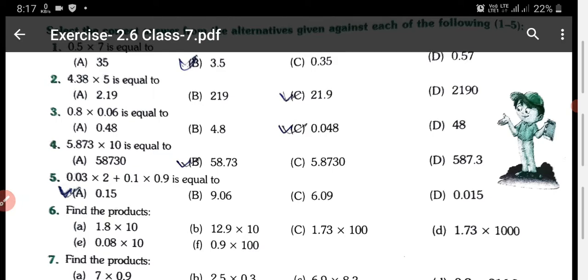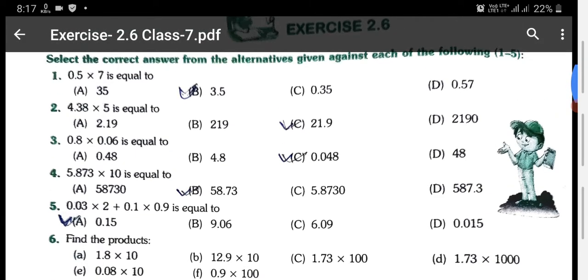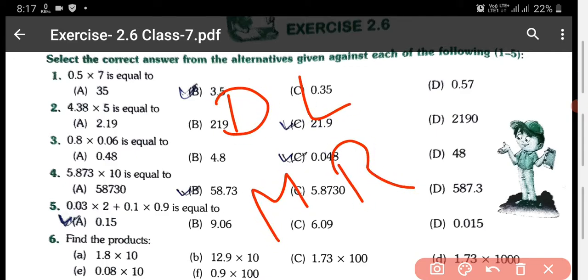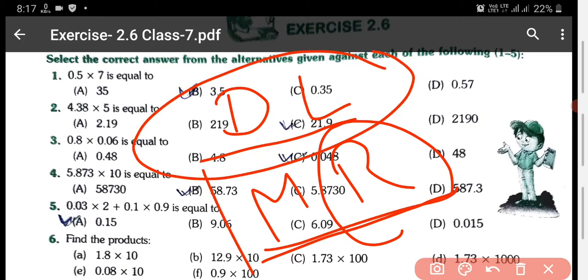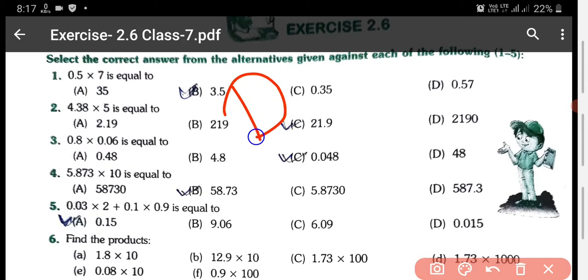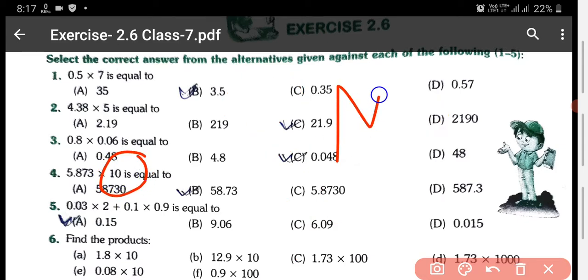5870 multiplied by 10. It is a trick: driving license and MR, medical representative. In divide, the decimal moves to the left side, and in multiply, the decimal moves to the right side. It is a shortcut. DL means driving license, MR is medical representative. So what is the meaning of DL? In divide the decimal moves to the left, and in multiply the decimal moves to the right. So when you multiply by 10, the decimal moves to the